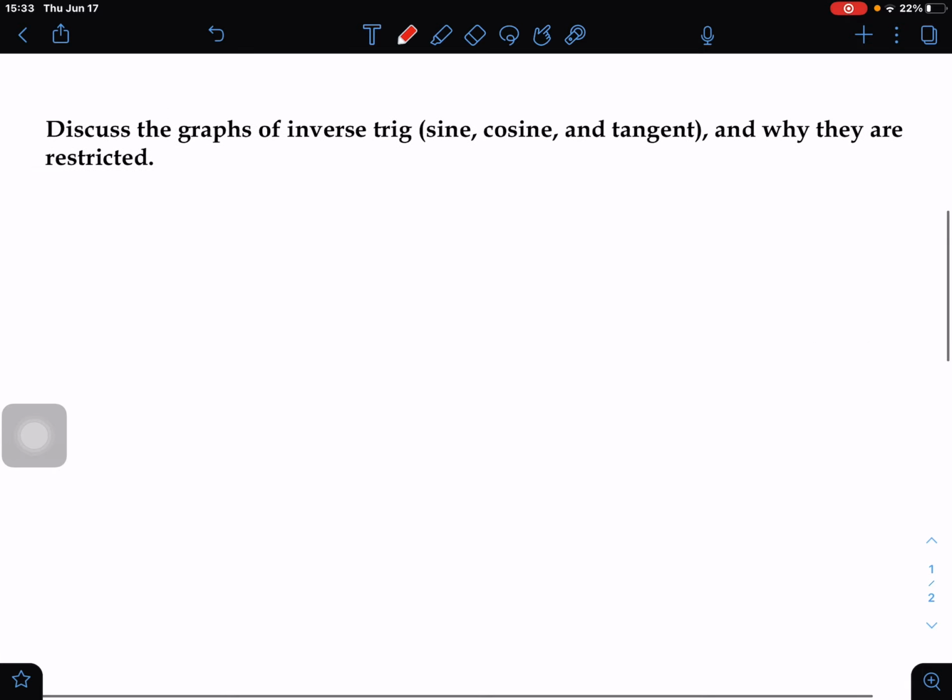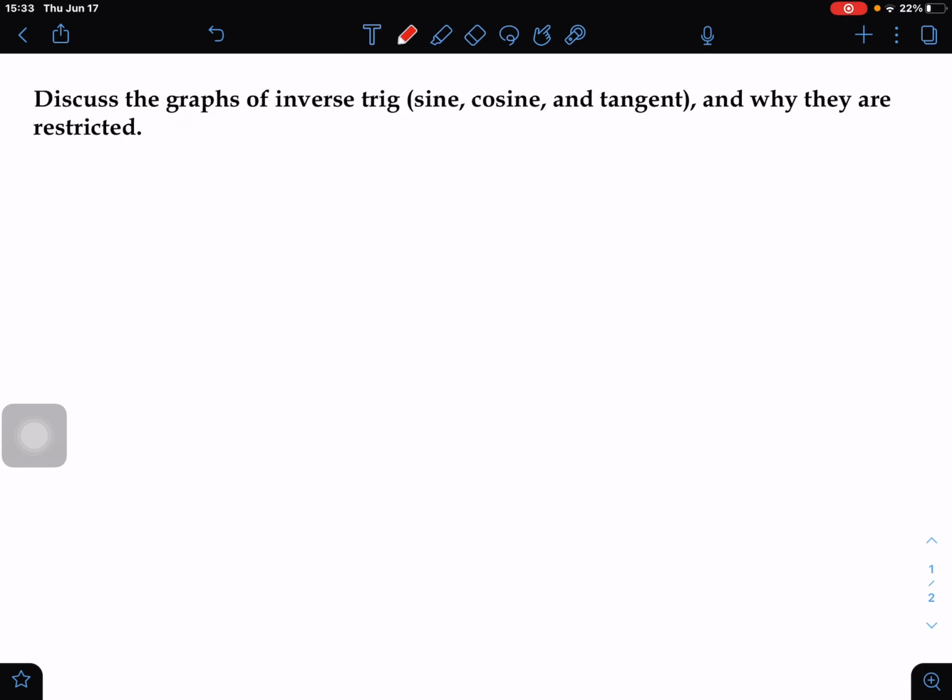Then we have to discuss the graphs of inverse trig, sine, cosine, and tangent and why they're restricted. So basically the simple answer to this is because if there weren't restrictions placed on this, there would be multiple y values for one x value, and then that would prevent it from being a function. And we can't have that, because if we were to look at this,